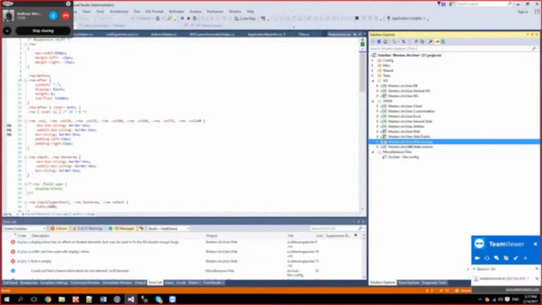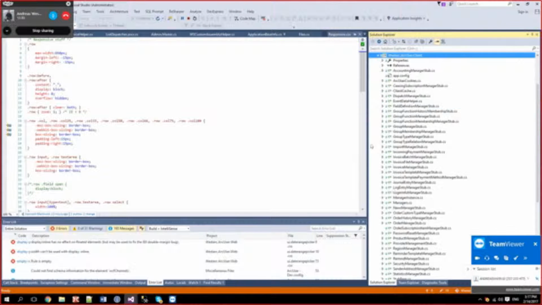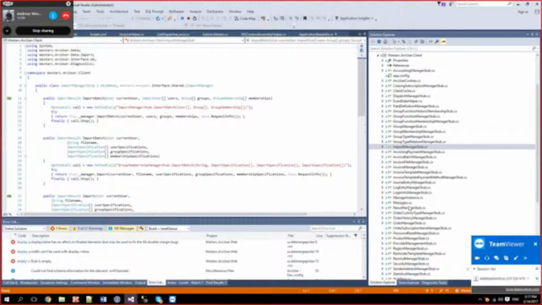So far, so good. In order to have some communication with the backend, we've got the client over here. This client uses a lot of small stubs. It just implements the interface and uses WCF to communicate with the backend.